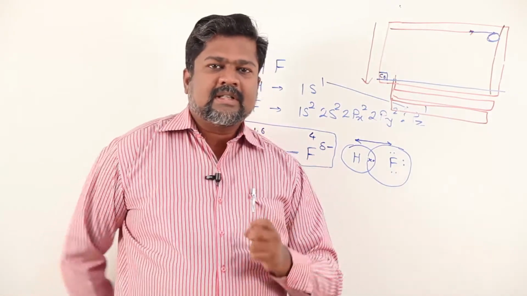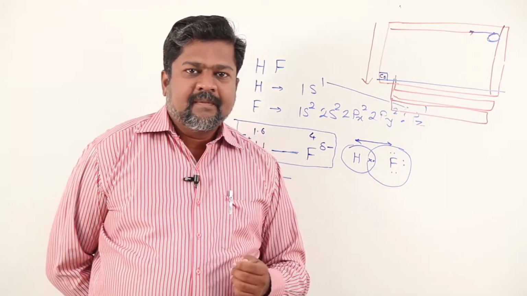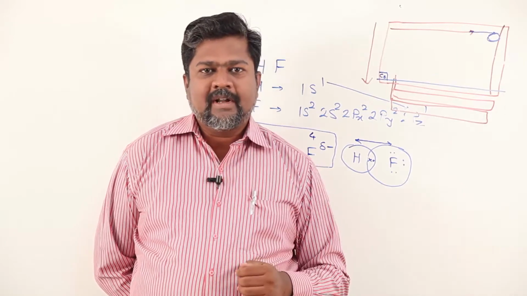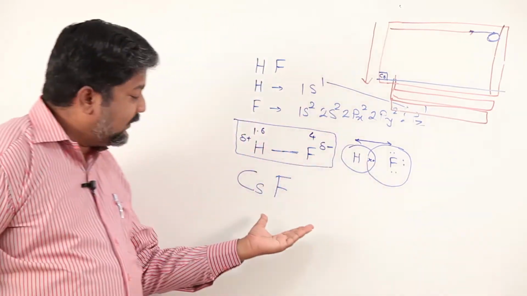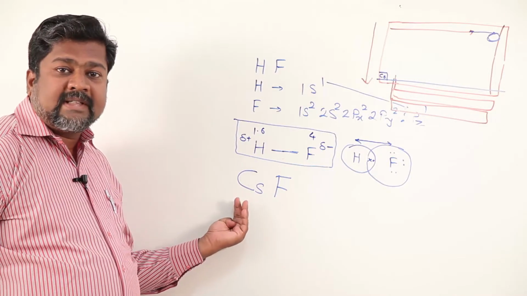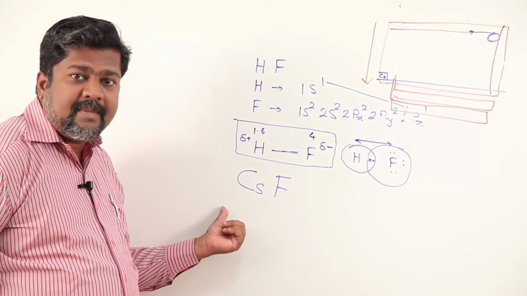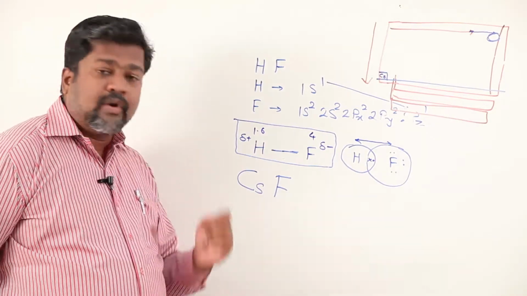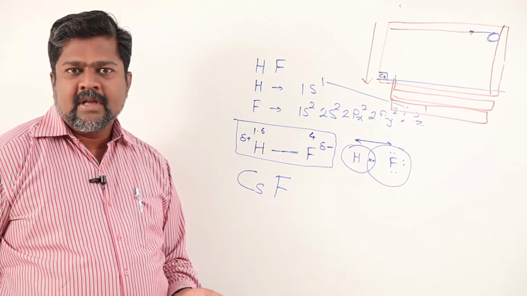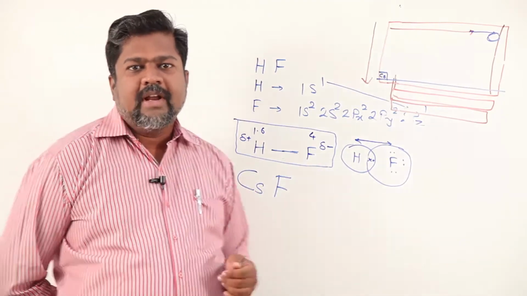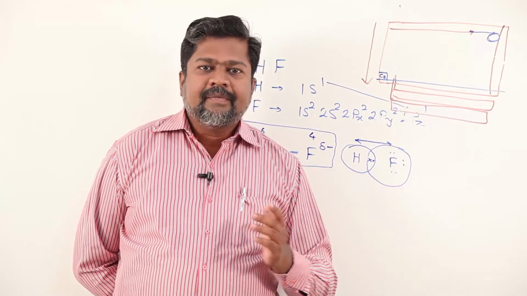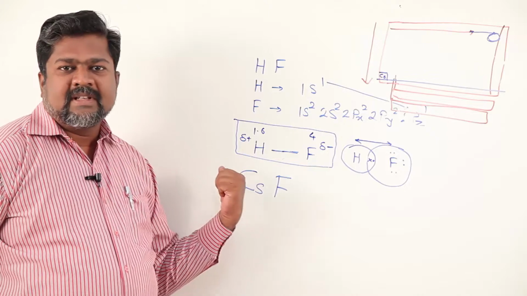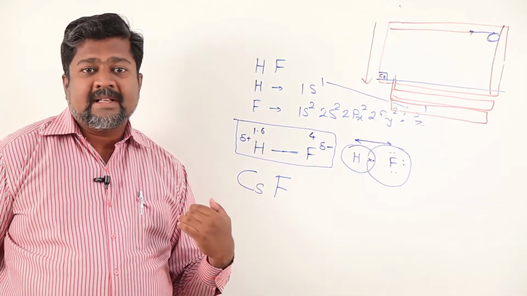We can consider this something like a cricket match between Bermuda and India. What is the winning probability for India? Obviously very high. Fluorine is playing with cesium. Cesium has minimum electronegativity in the entire periodic table, meaning the entire set of elements, whereas fluorine has maximum electronegativity. So it should not be possible that fluorine loses an electron to cesium, but cesium losing an electron to fluorine is the maximum chance.